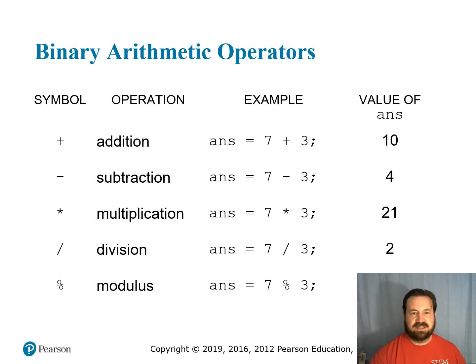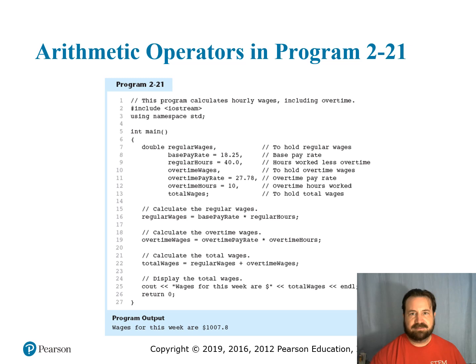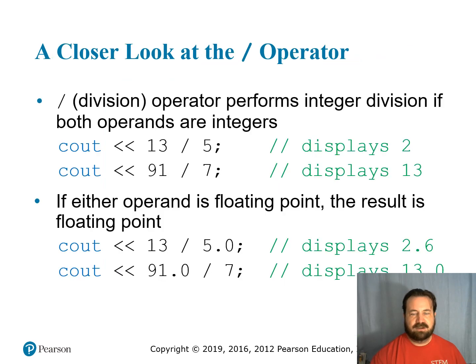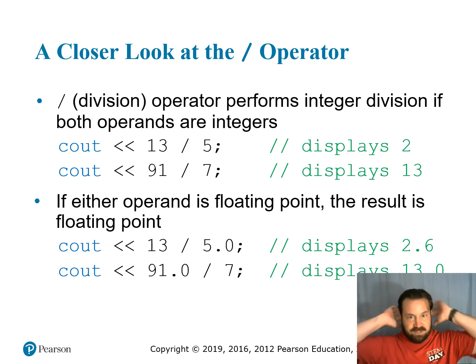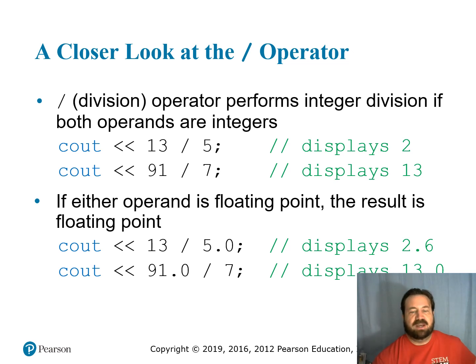Binary addition and subtraction work exactly the way you expect. Multiplication works exactly the way you expect. Division and modulus we need to talk a little bit more about. If you divide two integers, you're going to get an integer, even if you're using an operator like the cout insertion operator that would take a double. There's no reason we have to round this, but